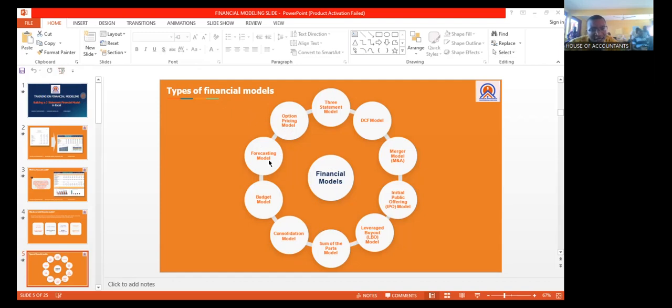Okay, so we have so many here. The first one is the financial forecasting model, option pricing model, 3 statements model. We have DCF. This one is talking about discount. In this model, we are talking about the future. And everything you are talking about, you are looking at it based on assumption. In the next 3 years, these are the things you are going to get. But is it possible that what you have